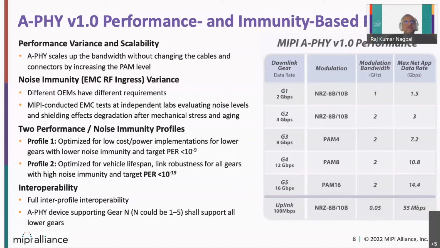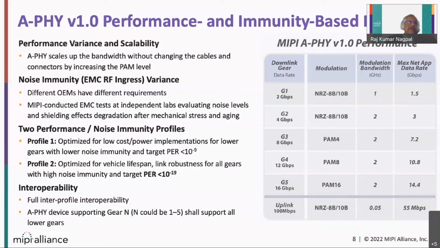Okay, maybe it will be leading to around 10⁻¹² bit error rate. Okay, for profile 2, it is more optimized for very reliable high EMC noise solutions capable of very high reliability, and the packet error rate targeted for this profile is 10⁻⁹. So it's a very, very robust